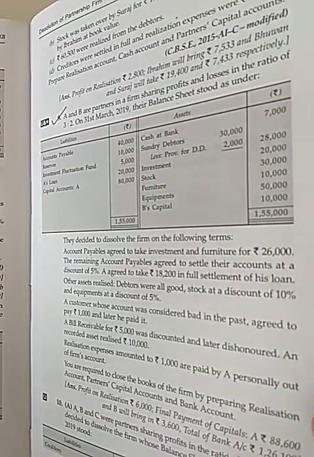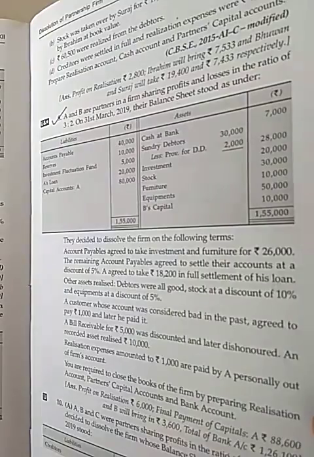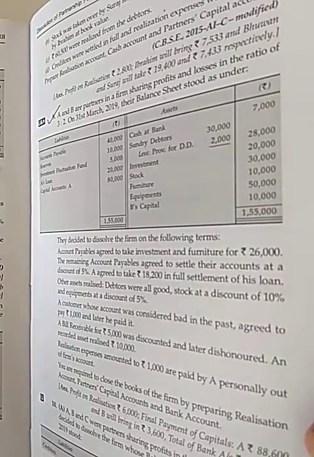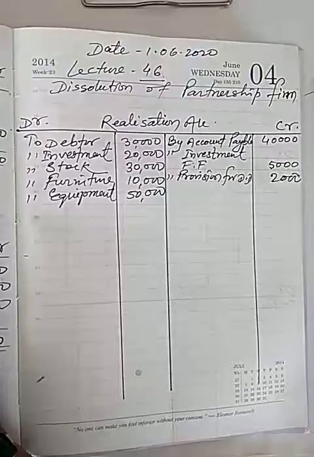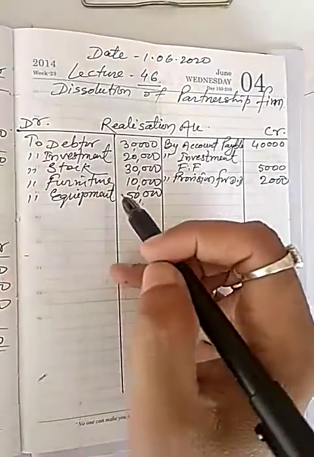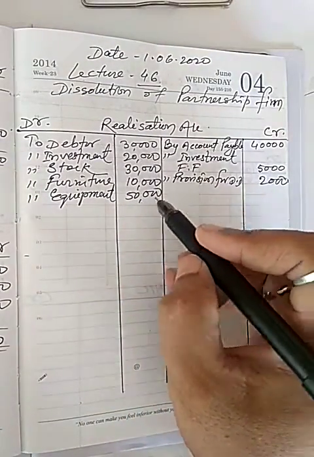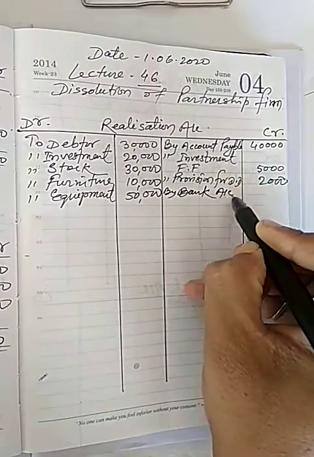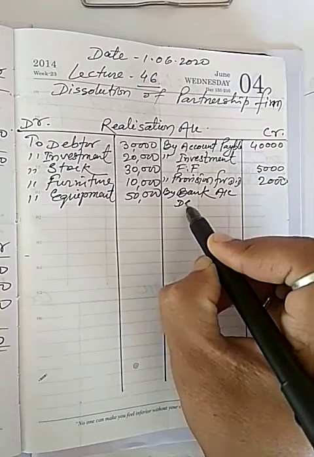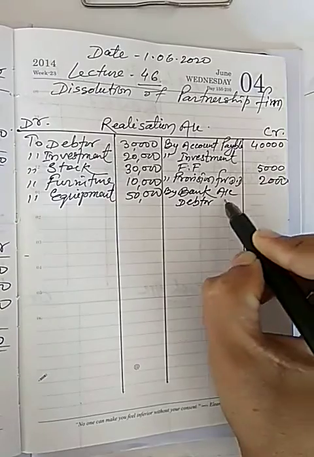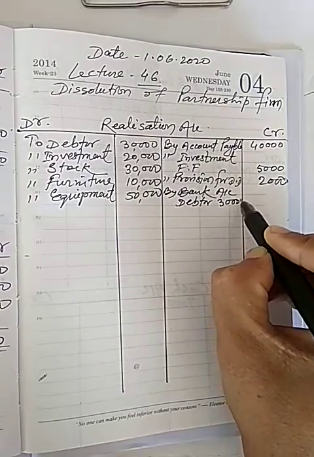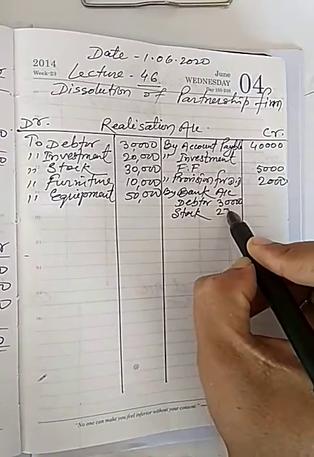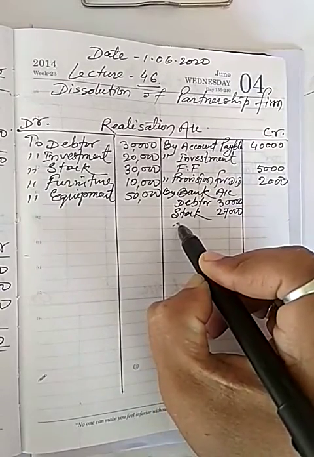Now question says account payable agreed to take investment and furniture for 26,000. Now asset realized by bank account. It is debtor or all good, so it is 30,000. Now stock 27,000. Equipment